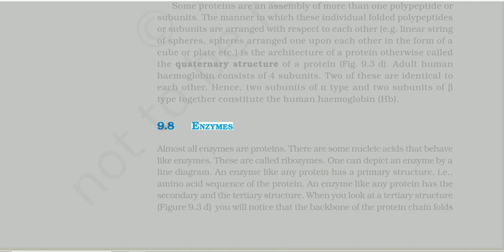9.8 Enzymes. Almost all enzymes are proteins. There are some nucleic acids that behave like enzymes. These are called ribozymes. One can depict an enzyme by a line diagram. An enzyme, like any protein, has a primary structure, i.e., amino acid sequence of the protein. An enzyme, like any protein, has the secondary and the tertiary structure. When you look at a tertiary structure, figure 9.3d, you will notice that the backbone of the protein chain folds